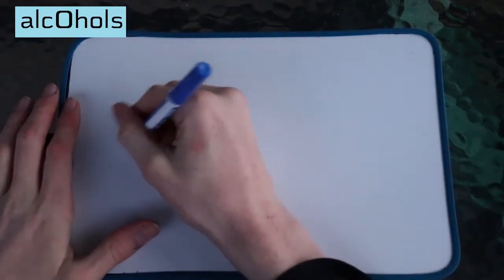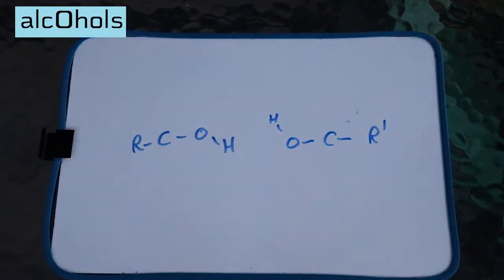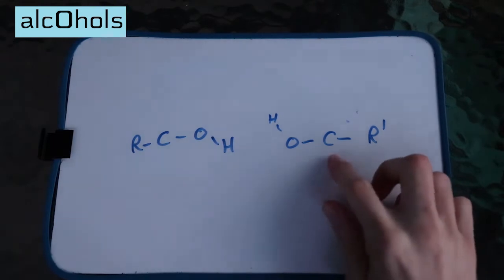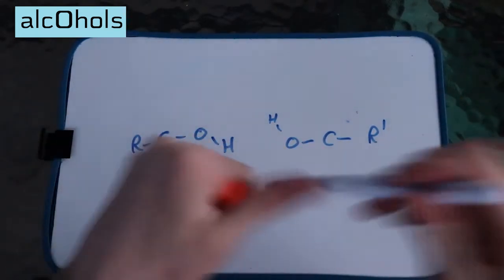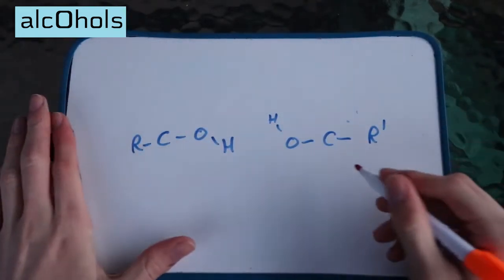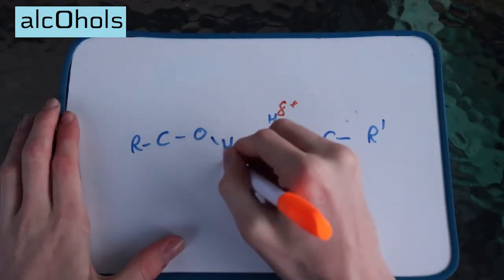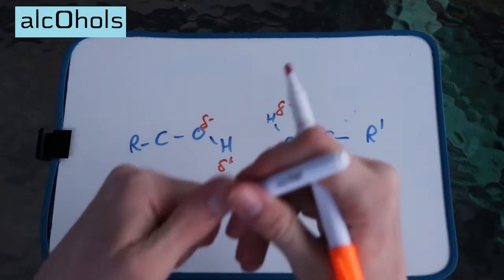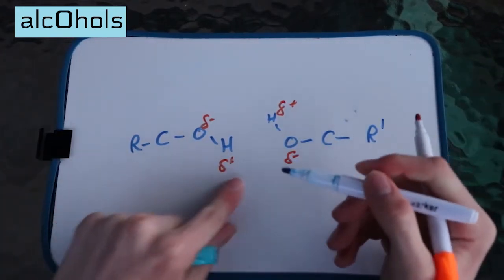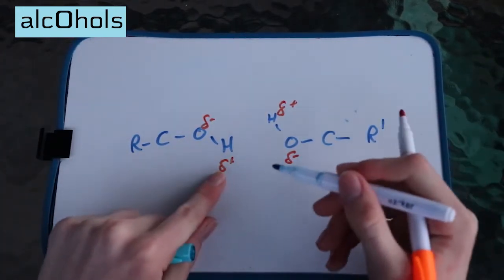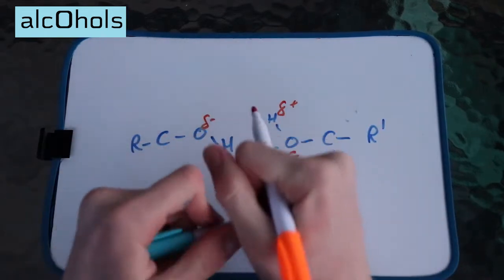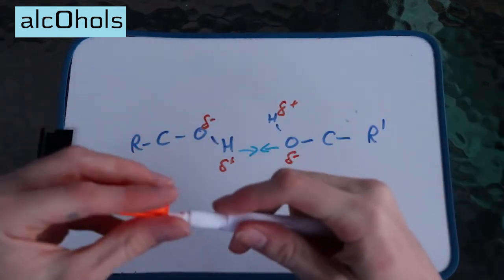Everybody's favourite, the alcohols. If I have a carbon chain, I don't know why I've drawn this extra carbon here, but I guess just so you can see what it's like on the end of the carbon chain. We're going to have this oxygen drawing away electrons, same deal as always, and that means we're going to be able to form some hydrogen bonds between this oxygen, which is negative, and this hydrogen, which is positive. These are going to form some strong intermolecular forces and mean that